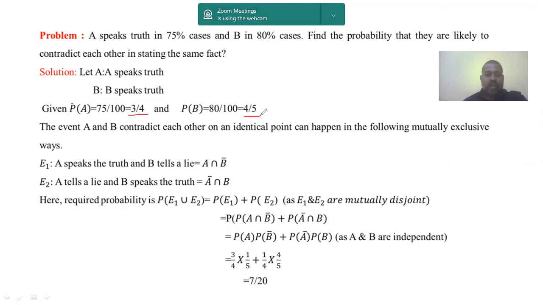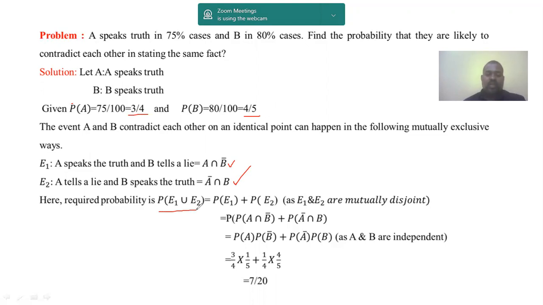So at what point are they contradicting each other? There are two possible cases. One is when A is saying truth and B is not saying truth, that is A intersection B complement. So this is one scenario. In another case, A is saying lies and B is saying truth. So in these two situations, they are contradicting each other. So event 1 is the probability of A intersection B complement, and event 2 is A complement intersection B. So for the probability of A union B, using the addition law,